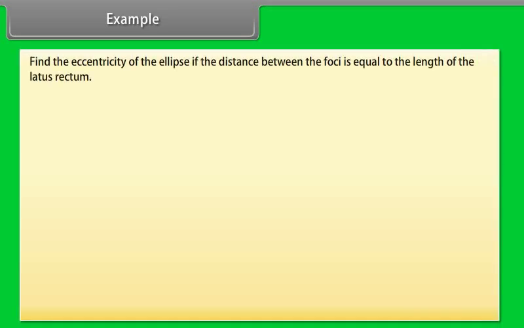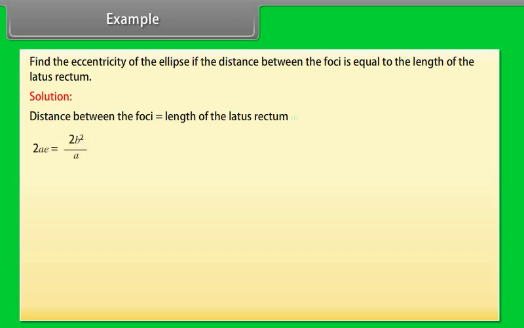Example: find the eccentricity of the ellipse if the distance between the foci is equal to the length of the latus rectum. Solution: distance between the foci is equal to the length of the latus rectum. 2ae is equal to 2b square upon a, or ae is equal to a square into (1 minus e square) upon a, or e is equal to 1 minus e square, or e square plus e minus 1 is equal to 0. e is equal to